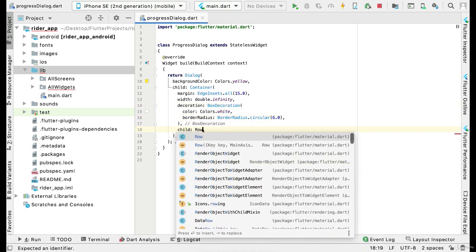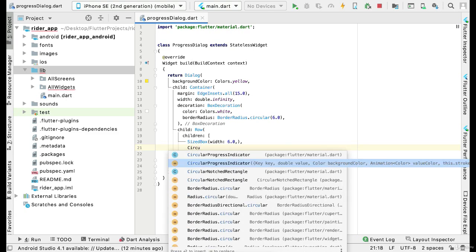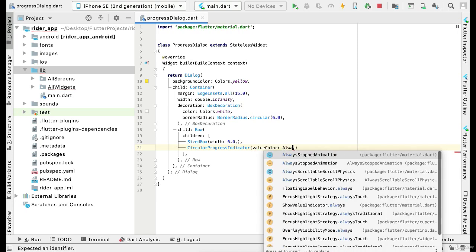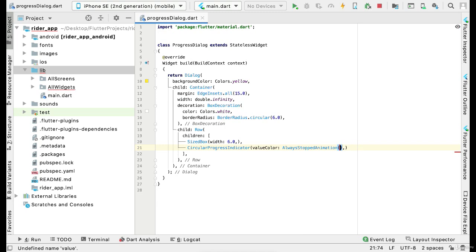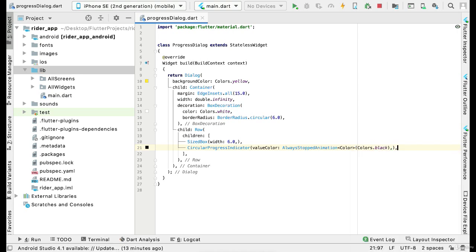Make sure to put the box decoration. We can say child Row widget, children widget, and by using the SizedBox, let's give some width, it will be 6.0, and we can add the CircularProgressIndicator, and the valueColor will be AlwaysStoppedAnimation, and before the round brackets add these angular braces, and then we can say Color, and inside the round brackets you can say Colors.black, and then after it let's add a SizedBox with width equals to 26.0,